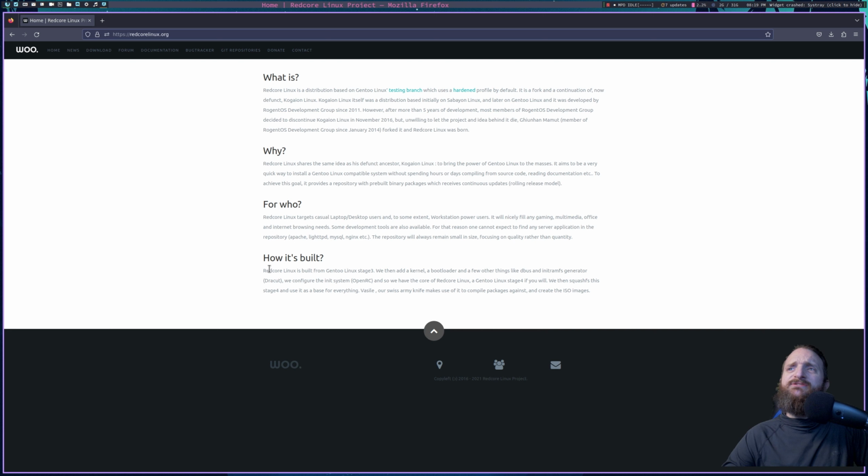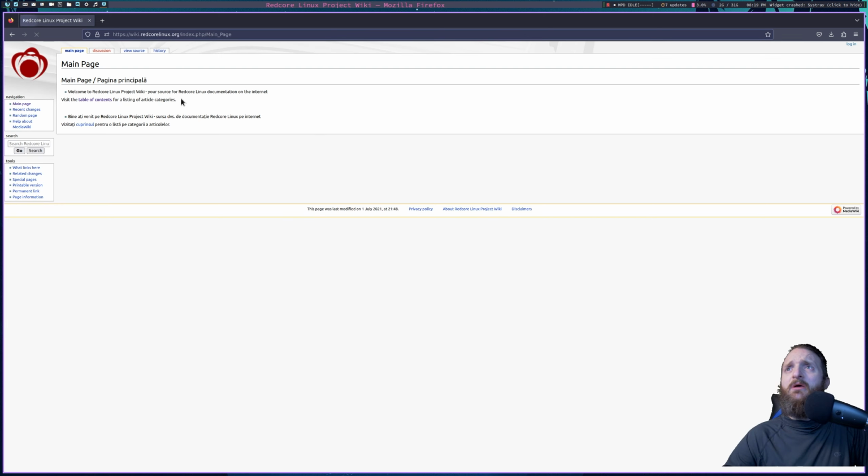And then pretty much it says RedCore Linux is built from Gen 2 Linux's stage 3, and it does look like it uses the OpenRC in it, which I'm very, very familiar with. So let's look at the documentation quickly, and then I will fire this up in Vert Manager, and we will definitely check it out. But the documentation,